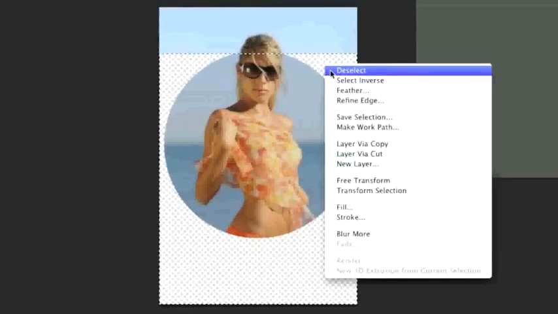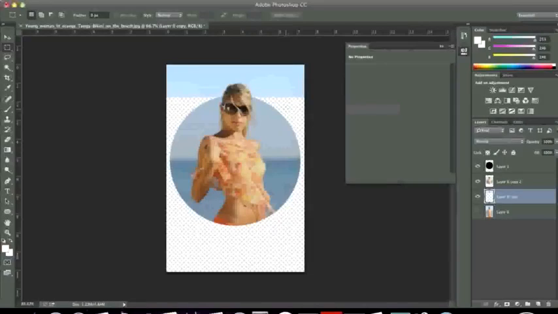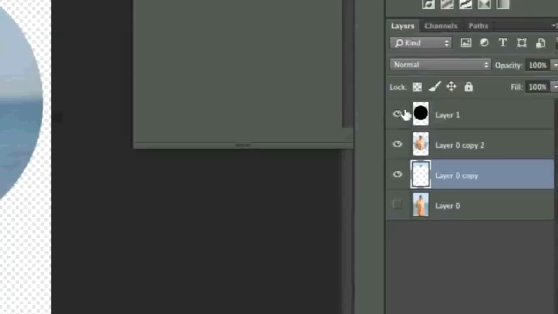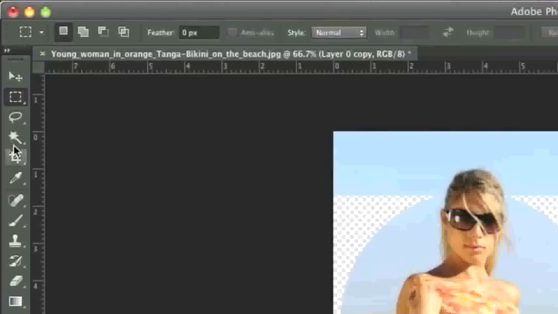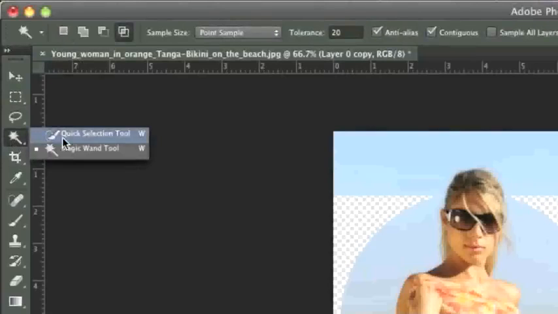So what I will do is I will right click and left click on deselect, and now I can actually get rid of this circle. I can simply hide it or delete that layer. And now I'm simply going to take the quick selection tool here, so I will right click and left click on quick selection tool,